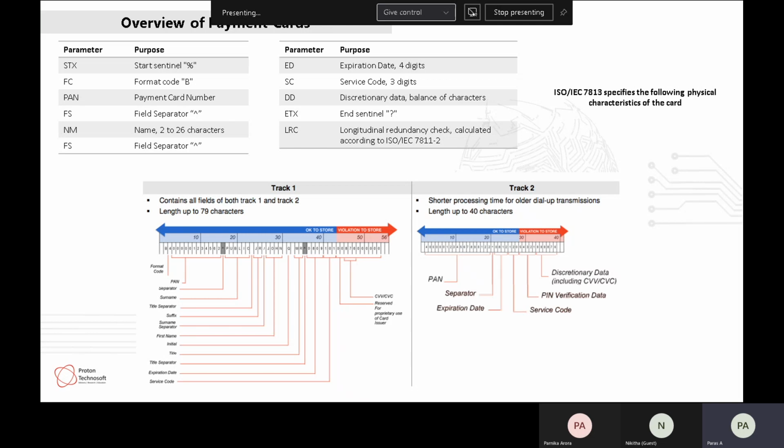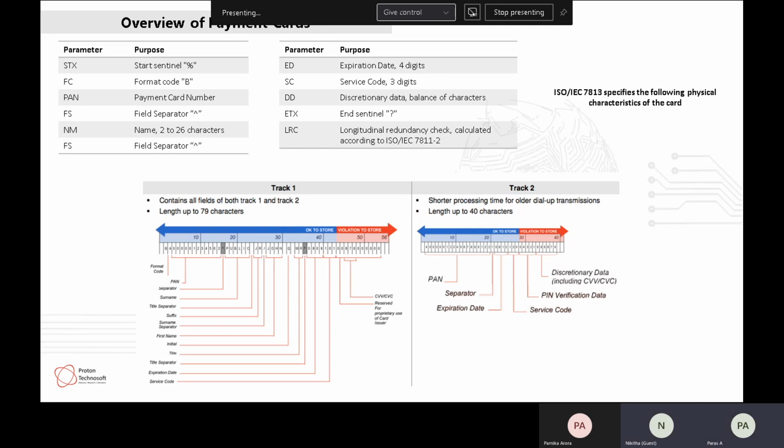And why? Because the data which is stored is unencrypted, so you can swipe your original card once and it copies the data, and then in the second swipe you create a new card by writing that copied data onto the newer card. So you basically copy the data from one card to another card and you have a duplicate card ready. And this machine comes for only 10,000 to 12,000 bucks on Amazon.in as well.